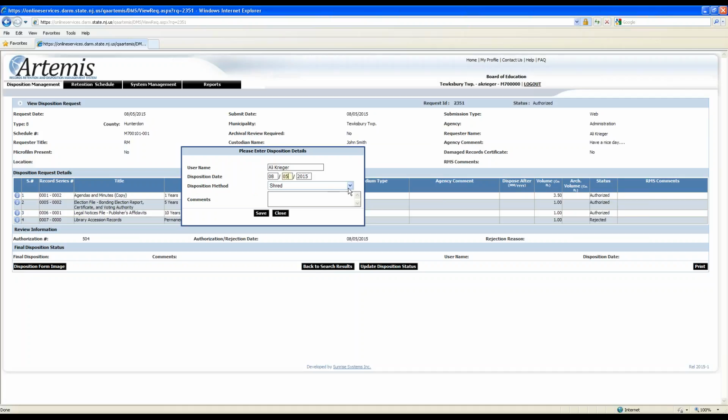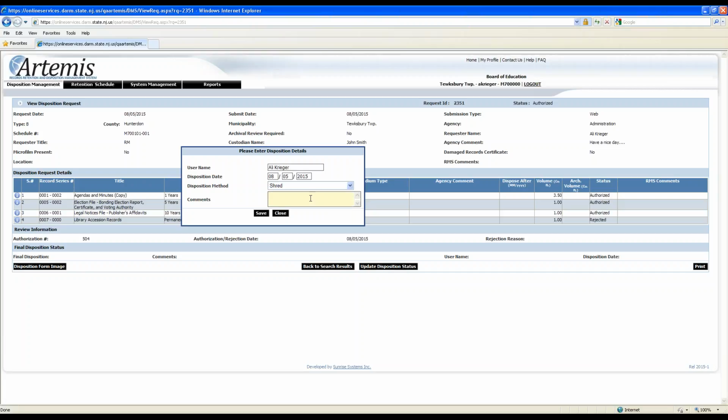It's going to ask me what my destruction method is. Okay, shred is the most common one, so that's kind of the default. But again, you can choose other types of destruction methods. Like I'll give you an example. Down in Camden County, they have a county incinerator, and the incinerator allows towns and municipalities and county agencies to bring records over there and incinerate them. And then once they're incinerated, the county actually issues a certificate saying that the records were incinerated. That would fall under other, and I would probably put in there incinerate. But since most people shred, obviously we can leave that as shred, okay?